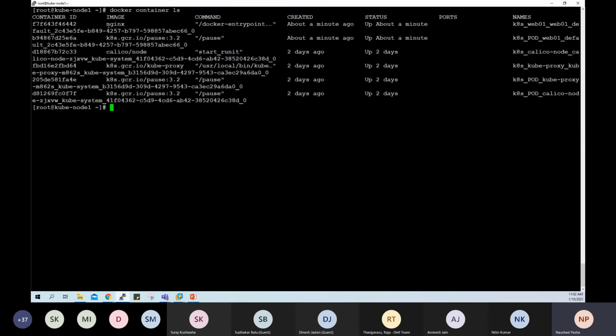Docker container ls. As you can see, there is the nginx container running. So the instruction from the kube API is being sent to the kubelet running on node 1. The kubelet communicated to Docker and requested a container to be created.